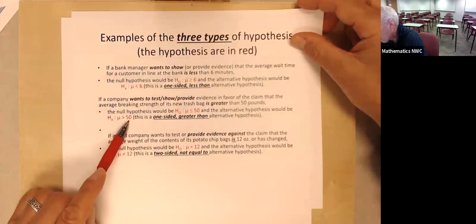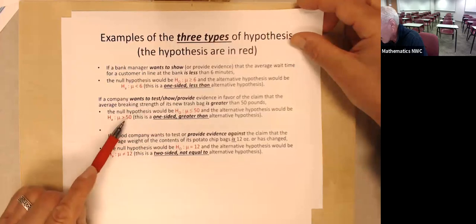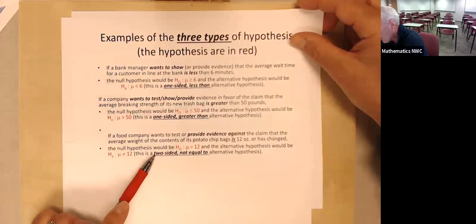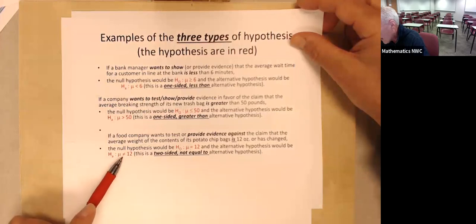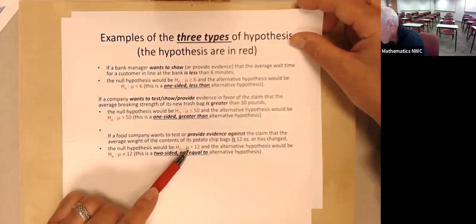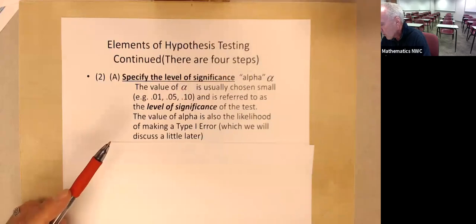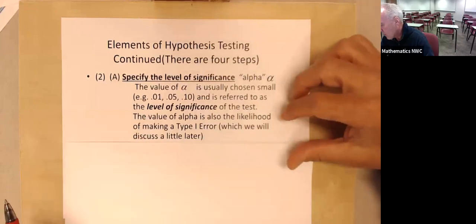So in this example, a type 1 error would be I had enough evidence to believe that it is not less than 50. I concluded that it was greater than, when the real truth was that it was less than or equal to. A type 1 error here would be I had enough evidence to believe that it did not equal 12, and I concluded that it was unequal to 12. I might have concluded that it was greater than 12 or less than 12, depending on the sample. But the truth was, it actually did equal 12. I just happened to get a bad sample. Those are all examples of a type 1 error. We'll discuss that much more as we go on here today.